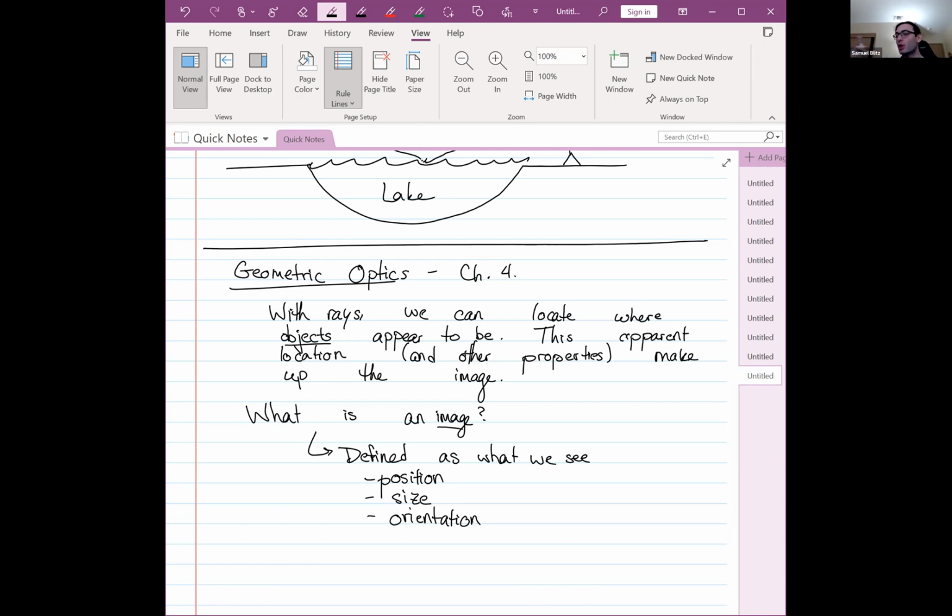So for example, if I'm looking at this pen, there's no optical funny business here. So the way that the light is getting to the observer, I have basically two cameras in my head, one here, one here. The object is emitting light rays in all different directions. You have light bouncing off of it in all different directions. Some of those will get to my eyes. So the top here will bounce off light that goes this way and light that goes this way. And the bottom will also bounce off light that goes this way and light that goes this way, but it'll also bounce off light that goes every which way. So the way that we figure out where an object appears to be,